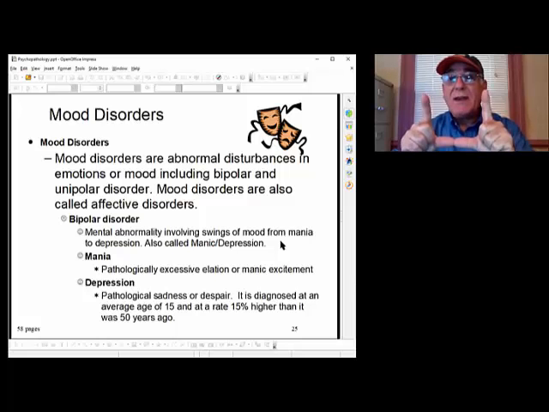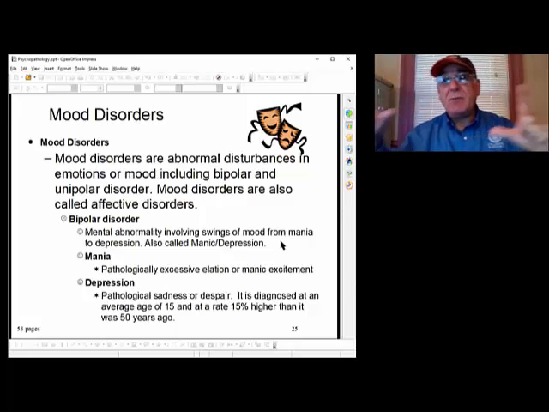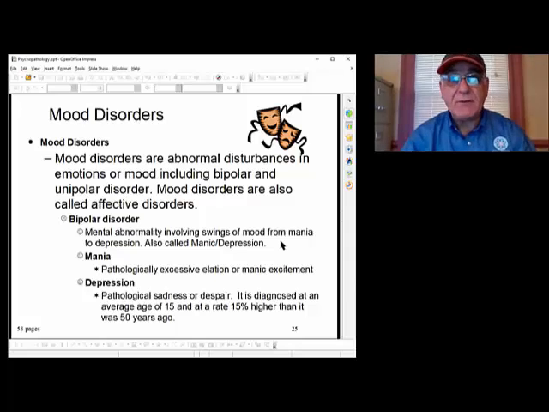Well, bipolar is like having that rubber band broken. And so they're off and running anywhere. They have no way to control their specific range. And so they range from manic to depressive, back and forth, manic to depressive. You can consider manic to be a very, very high elation state, a very extreme, excessive excitement. So depression, we all know depression, pathological sadness, or despair.